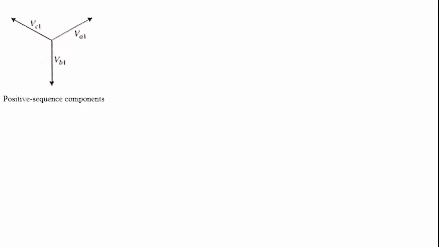Okay, so this is nothing but the positive sequence component. It is the same as the original one. This is VA1, this is VB1 and this is VC1. The angle difference between VA1 and VB1 is 120 degrees. In the same way, B to C is also 120 degrees, and C to A is